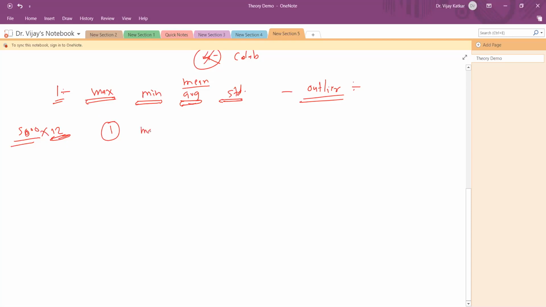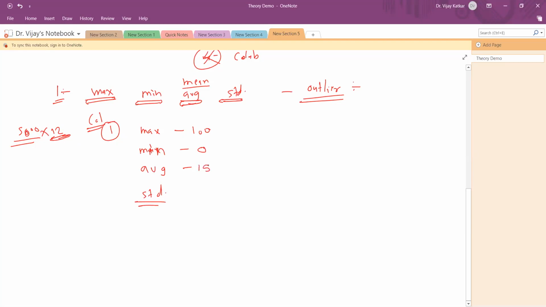Let's say we calculate some numbers for column one. In column one, there are 5,000 values. I'll calculate the maximum, then the minimum, then the average, and then the standard deviation. Let's say the maximum value is 100 and the minimum value is 0. So now it only tells us that the data varies from 0 to 100. But let's say the average is 15.